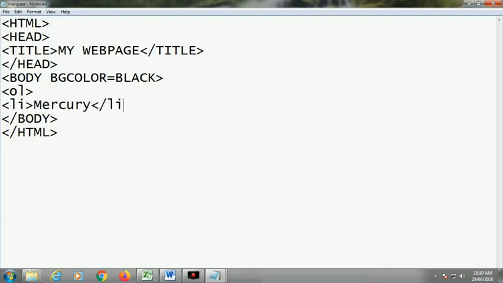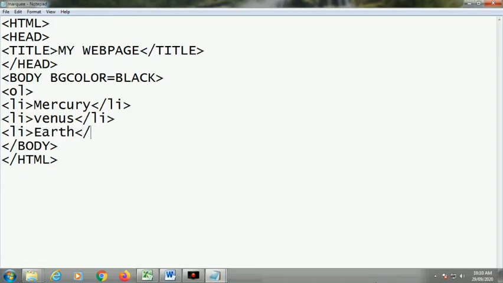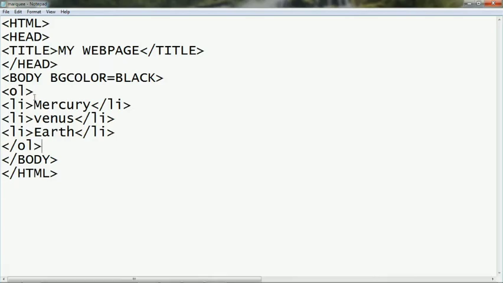After closing LI, next suppose the planet we are writing is Venus, LI, close. In the same way we add another one, which is our Earth. That is how you can do it, I am just showing an example. Then OL tag has to be closed.